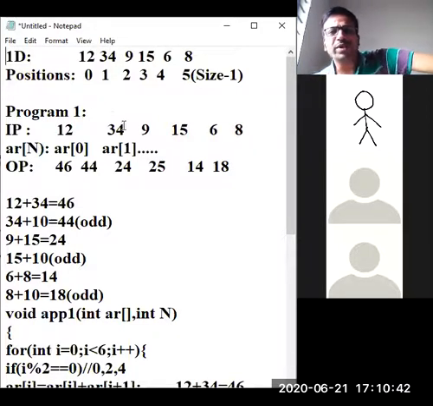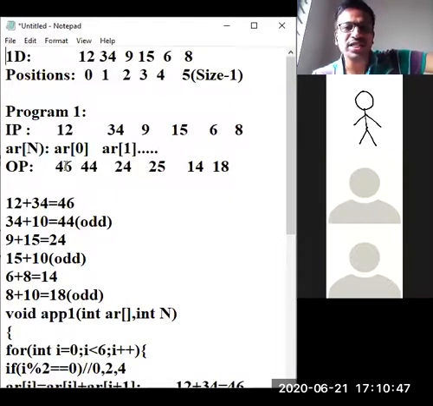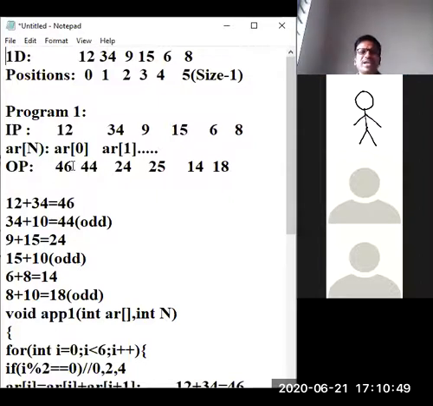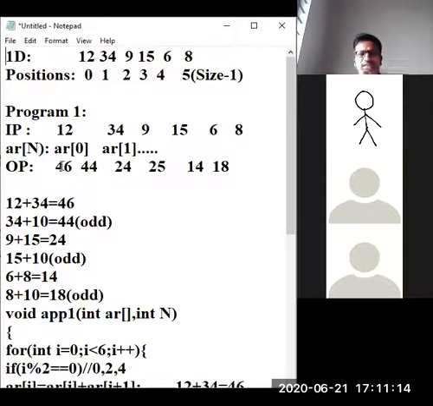Even and consecutive elements are added. Have a close look. 12 plus 34, sir, 46. When you see 46, you can have n number of ideas. See how 12 became 46. If I reverse that input, can I get 46? No way. You observe in 360 degrees, then you will get a solution. Not only computer science, maths or physics, whatever it is, I am telling you. Examine in 360 degrees, you will find a solution. At least one solution you'll get, minimum. For every end, there is a solution.